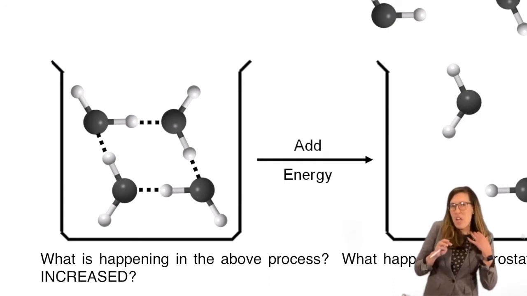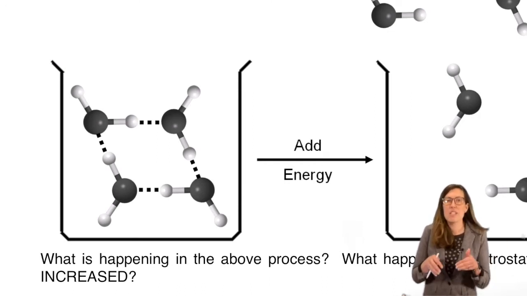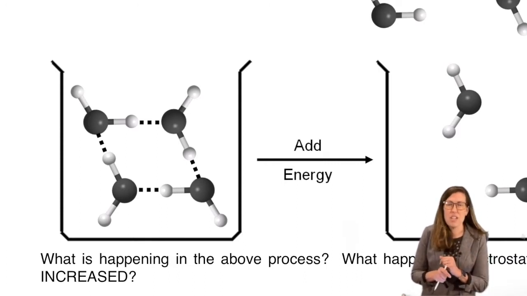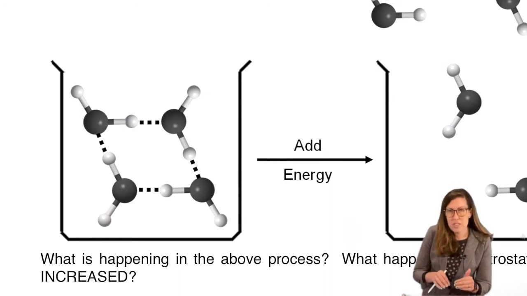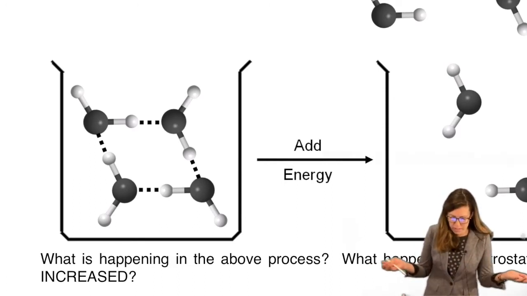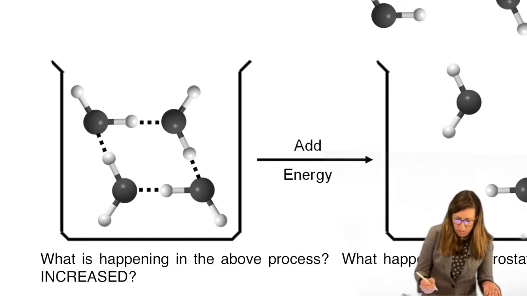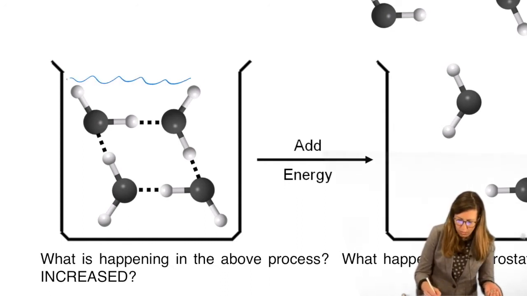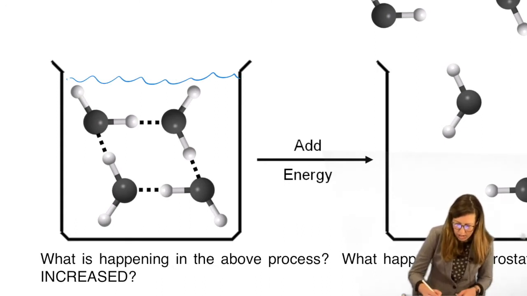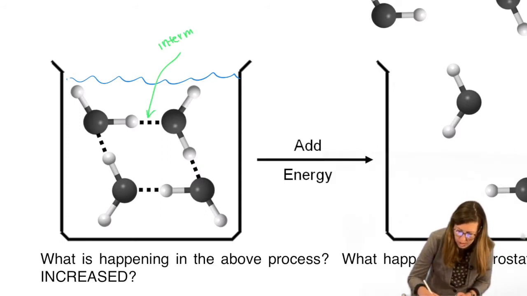So breaking up that hydrogen bonding does not destroy water. Breaking up a bond between hydrogen and oxygen destroys water. It's no longer water. So when you break the intermolecular force, you're not changing the molecule. So in other words, if you're boiling, which is the process going on here, if we add energy to, let's pretend this is a liquid sample of water, and these dotted lines are used to indicate intermolecular forces, because they're not a real bond, right?